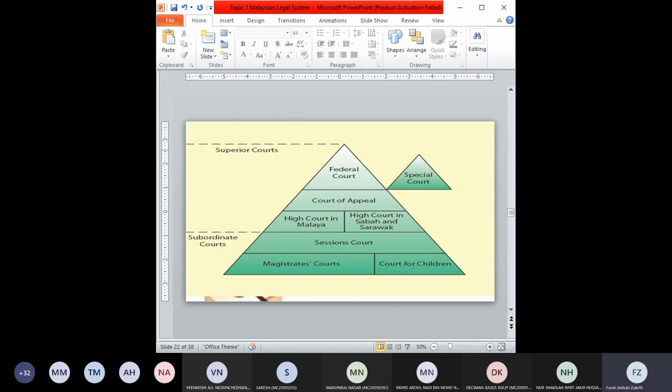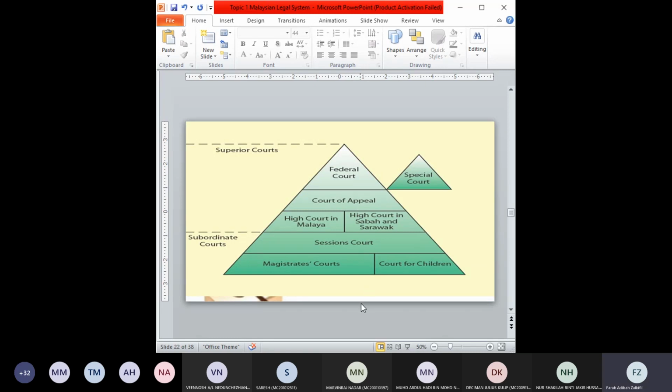So this Special Court is only for the Yang di-Pertuan Agong and state rulers, and only for cases under their personal capacity, not as a state ruler or YDPA, but their own personal problem. So if a sultan kills somebody, or injures somebody, his case will be heard in the Special Court. Okay, so these are the types of courts that we have in Malaysia, and we look at each of the courts one by one